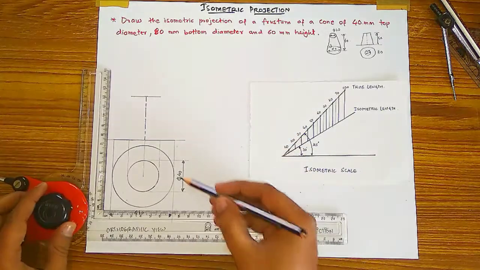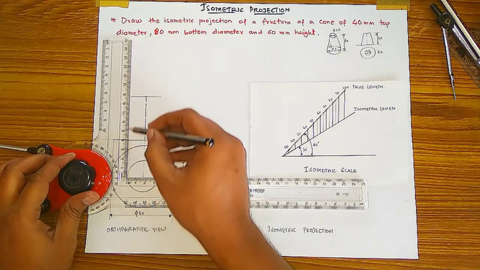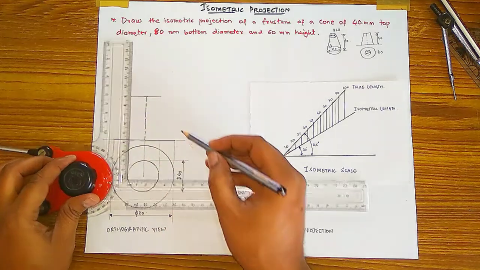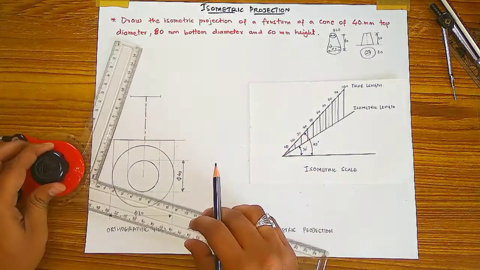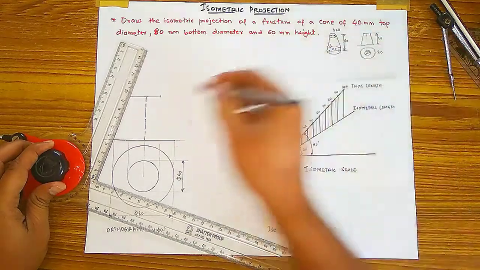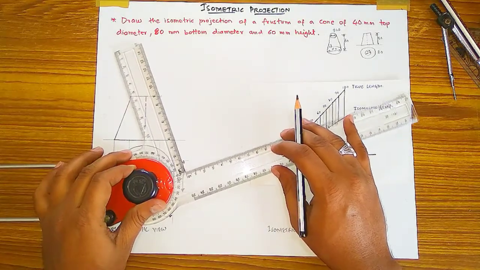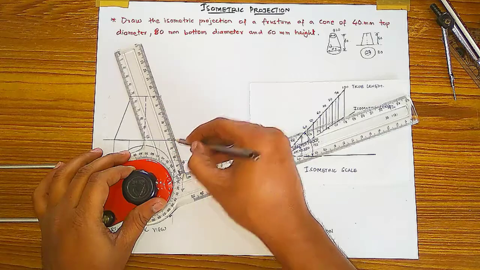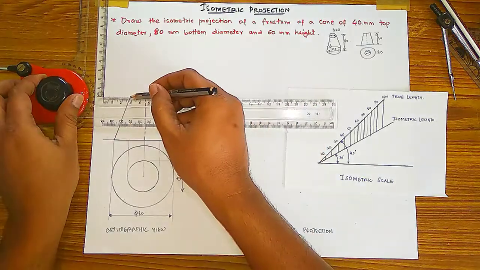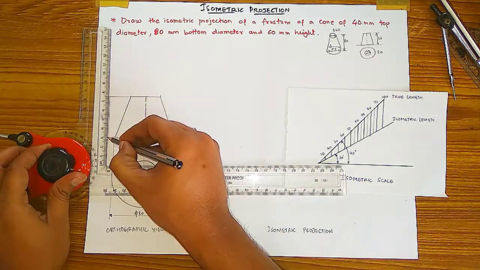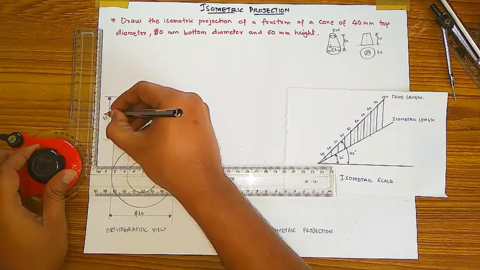How much you want to take, and this circle ends are here, so we have to take a dot exactly like here and a dot like here, and from there you will get the slant edges. So we have to draw those also, and this will be the front view of the frustum of the cone, and you have to show the axis height dimension, and it is 60 mm.